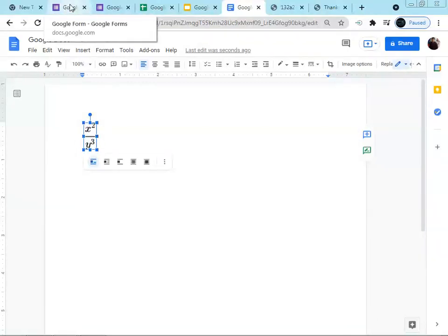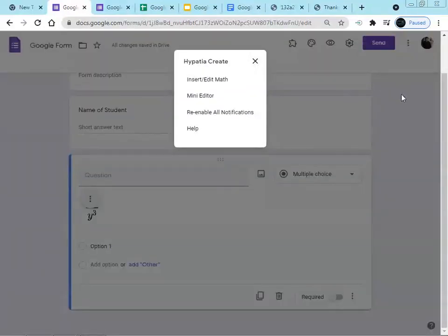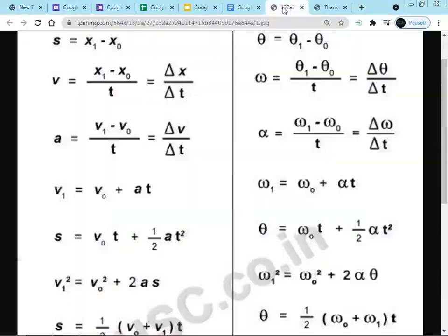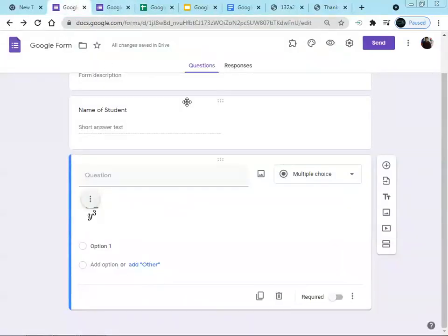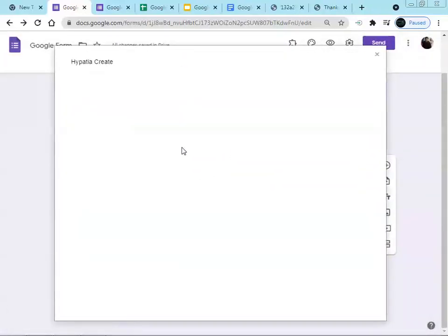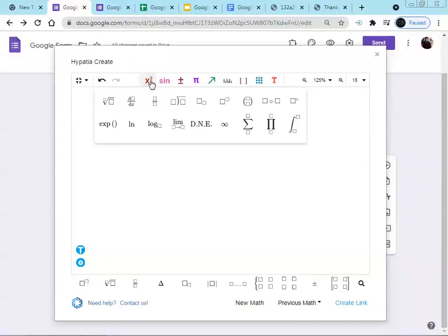For making a change you have to go to our add-on, that is Hypatia Create. This is a mathematical formula we had created. We can create any type of physics formula or chemistry formula with the help of this Hypatia. So we are going to create one chemistry formula, that is H2O. Firstly, H capital we can directly type with the help of the keyboard, and 2